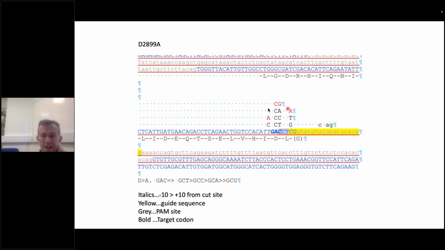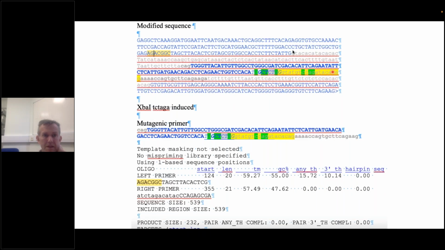Right. Okay. So then I try different versions of changing these nucleotides, and then I see if Primer3 is capable of identifying a primer that will bind the mutated sequence. So here we have the modified sequence when I made all the changes. And if you look closely over here, you can see a TCTAGA. So this has introduced a new XbaI restriction site just outside the coding sequence in the intron. And we can use this to identify the edited allele.